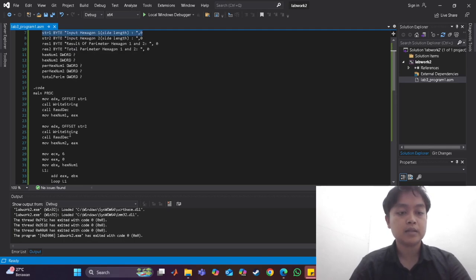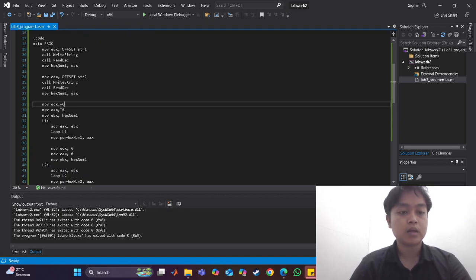And then the second is the same, so it calls the input in here, and then with the value from the user in the terminal, so it will assign the value inside the register into the variable hex num2.